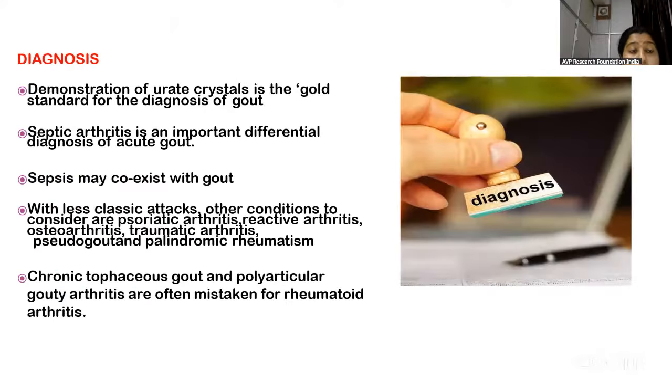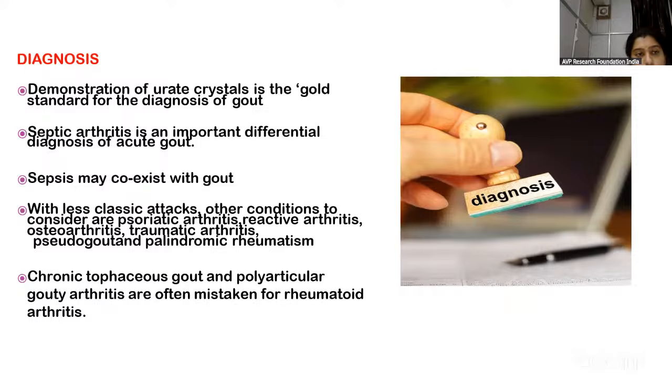Now, diagnosis of this particular disease. Demonstration of urate crystals is the gold standard for the diagnosis of gout. Septic arthritis is an important differential diagnosis of acute gout. Sepsis may coexist with gout. With less classic attacks, other conditions to consider are psoriatic arthritis, reactive arthritis, and so on. So, the demonstration of urate crystals is the gold standard for the